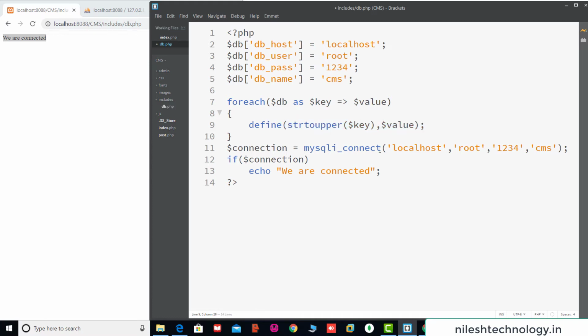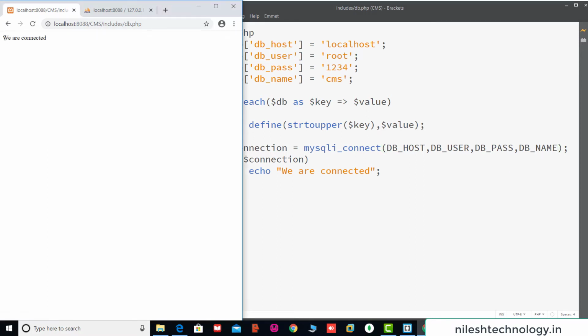Now we use this constant here. So your host name is DB_HOST, make it capital, then DB_USER, then DB_PASS, DB_NAME. Okay, so save here.